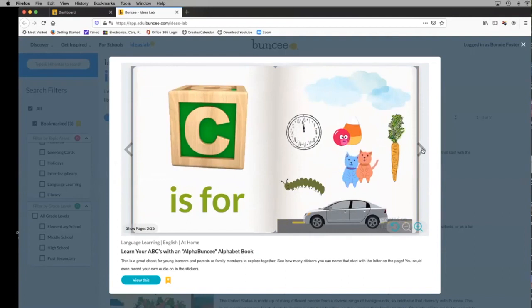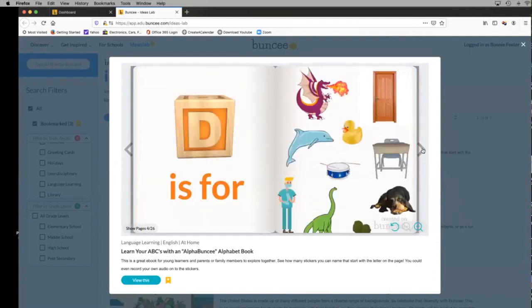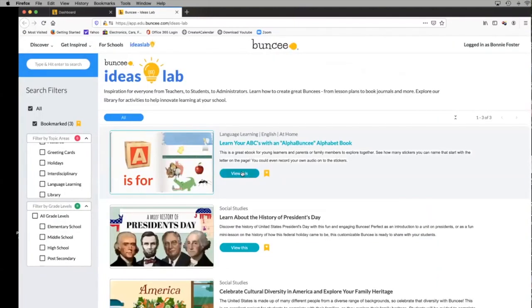But the reason I like it is that you can have your students add audio to all of these pages that are ready made. So again, it helps with their understanding of not only the items that go with the alphabet, but helps with their vocabulary skills as well. So I'm going to show you how to use that right now. So if I just say, view this, and I click into it,